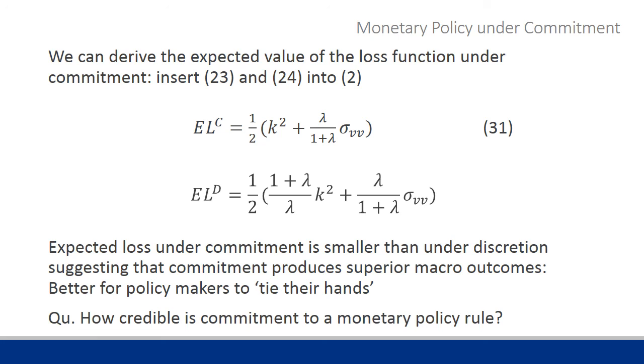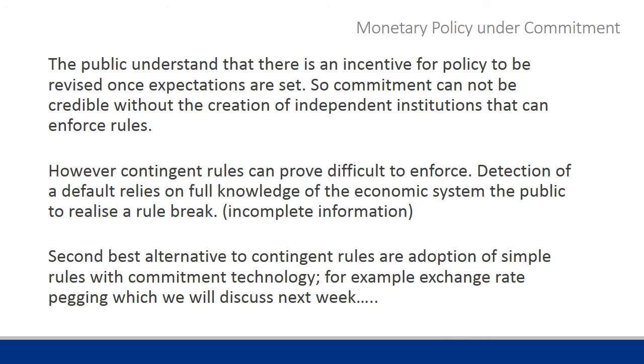But what happens if policymakers decide to cheat? There is an incentive for the policymaker to cheat. The policymaker can announce and commit to a rule, the agents form their expectations based upon the rule, and then the central bank cheats or reneges on the commitment. One way to get around this is to introduce independent central banks, something we call an independent institution, that can try to enforce the rule.